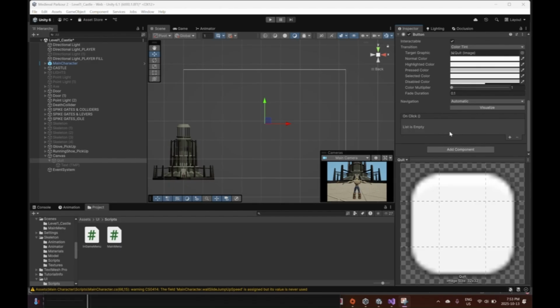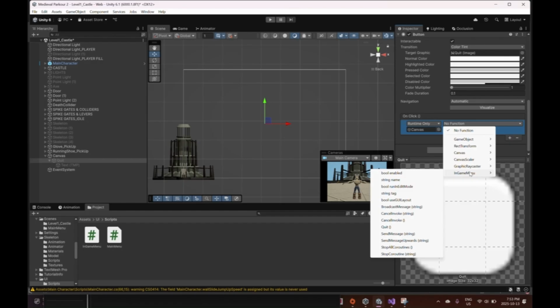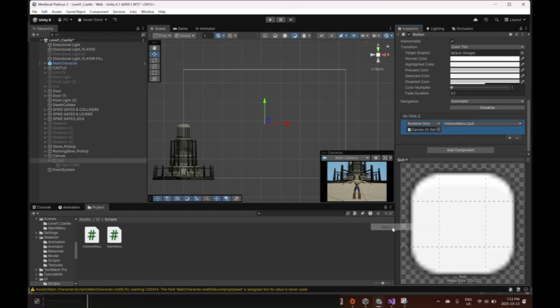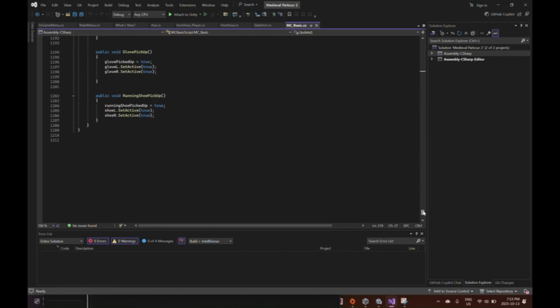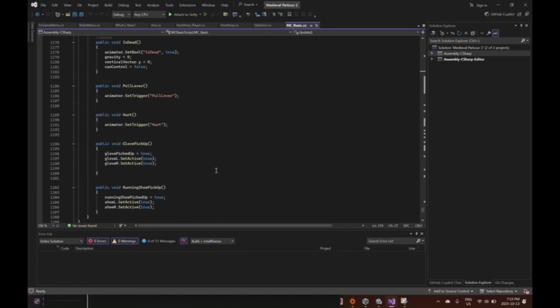Okay, so I want to press the plus button, with the quit button selected, and I'm going to drag and drop the canvas, because this is where the in-game menu script is, and from here I'm going to do quit. But because this is by default disabled, I need to enable it, and I already have a function inside of the main character script where,